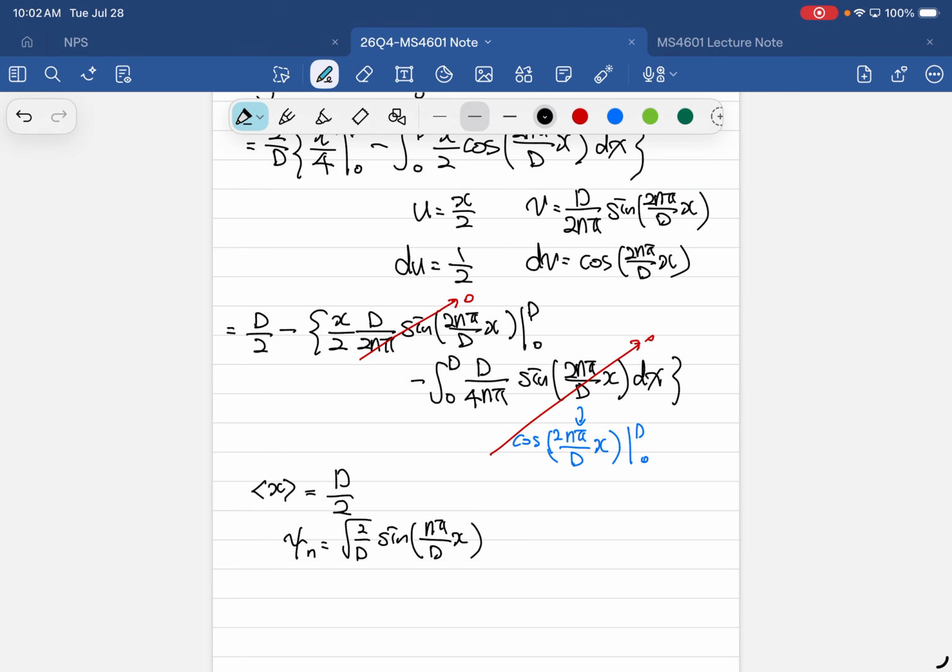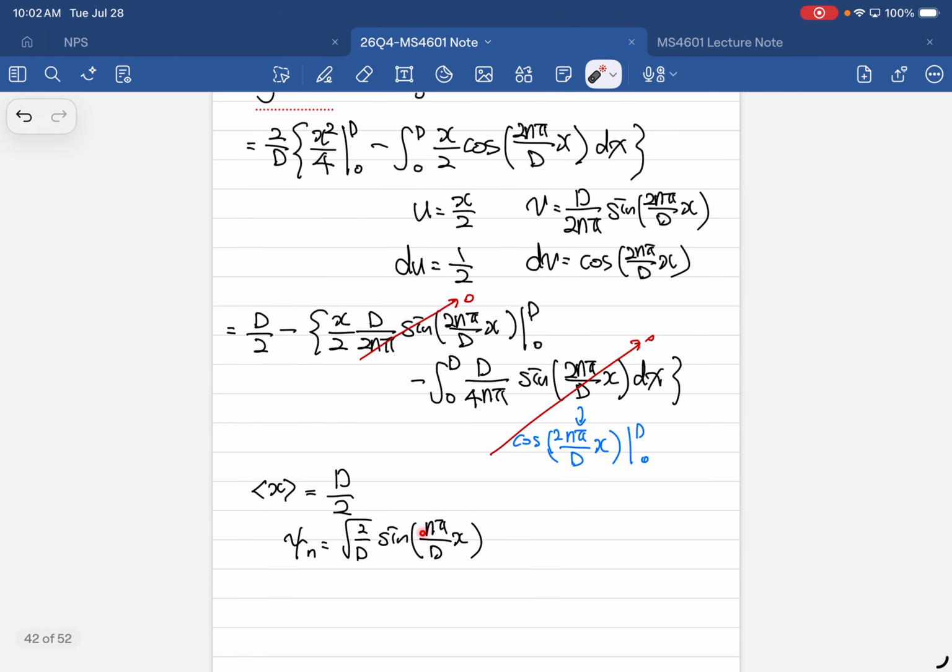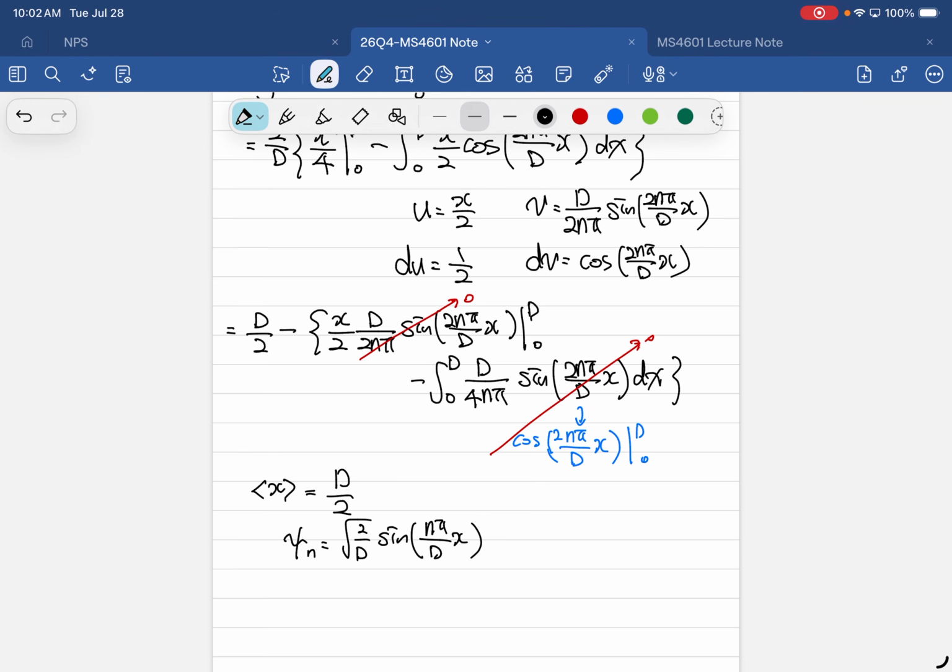And remember, this n is just an integer. n goes from 1, and you can take only integer values. Let me describe this wave function one more time here. We are really looking at when x is 0, and when x is d,